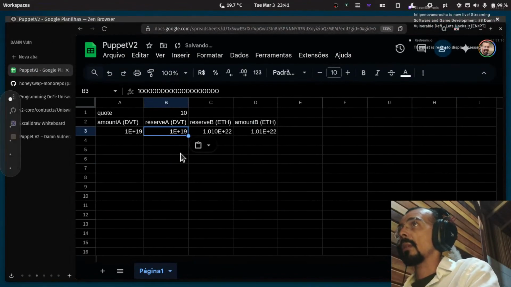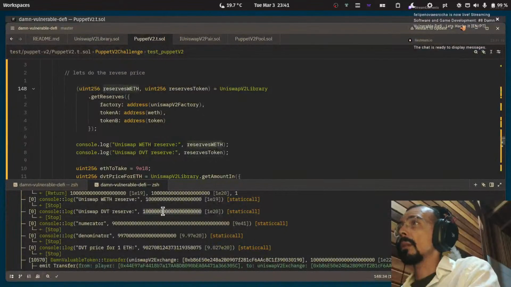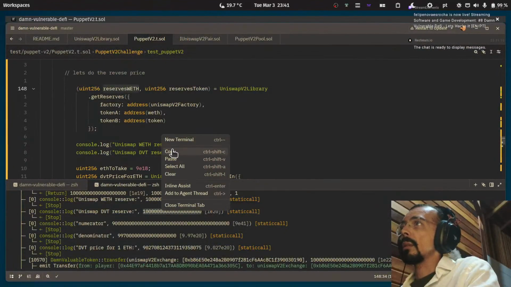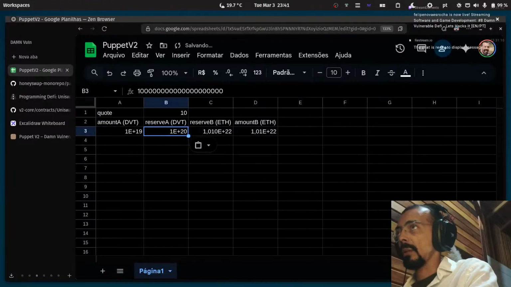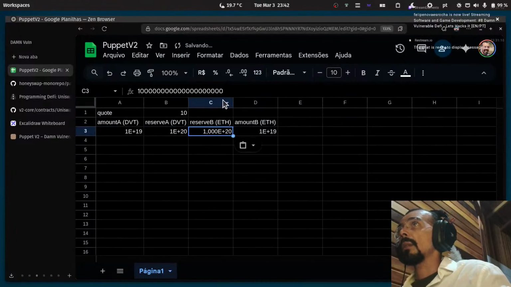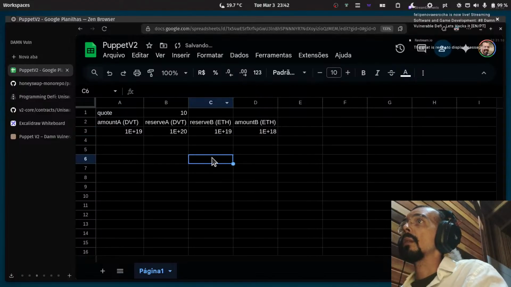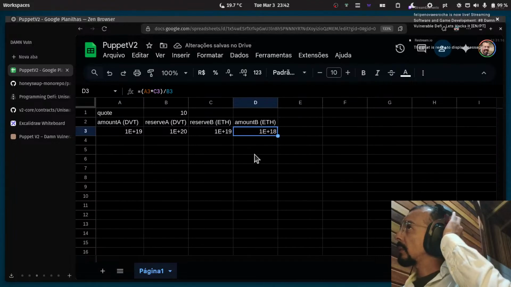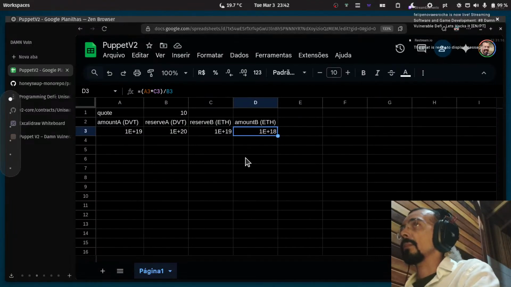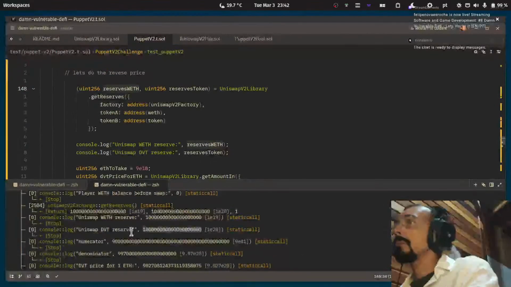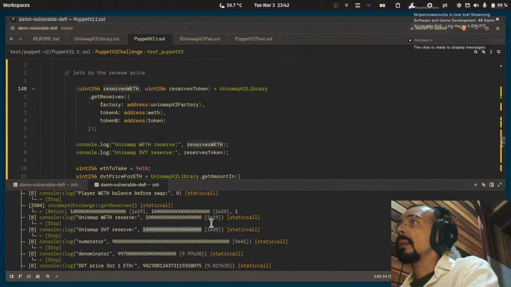So these values, I think, is the first one. Oh, it's otherwise. Okay, so DVT, and here should be one little less. Right, so you see here the amounts. So DVT is 20, Ethereum is these. This is the reserves,